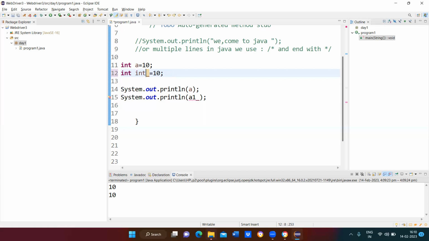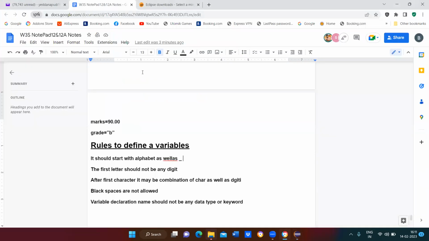Instead of this, we can give in. Will this accept? Yes, this accepts. So keywords cannot be used for declaring a variable. So these are all the rules to be followed for declaring variables. Got it?